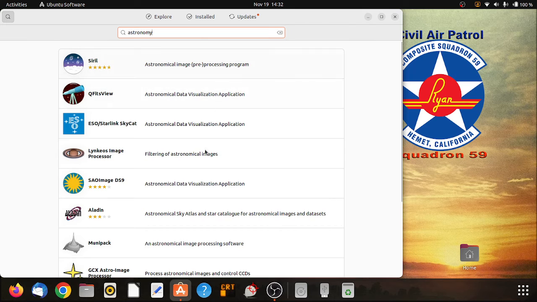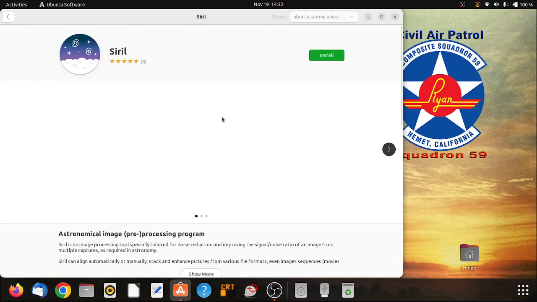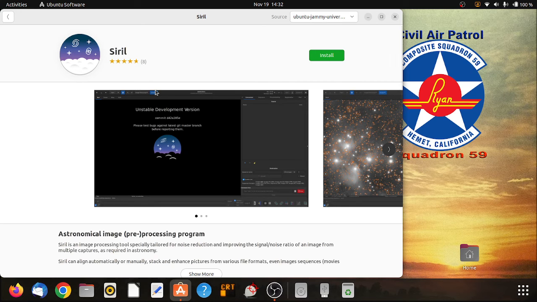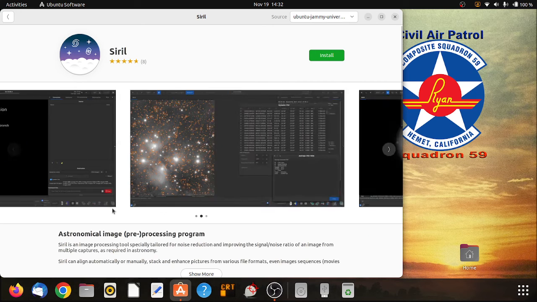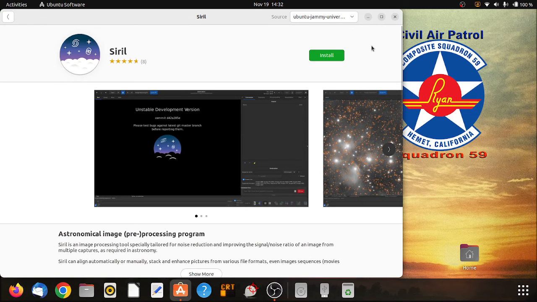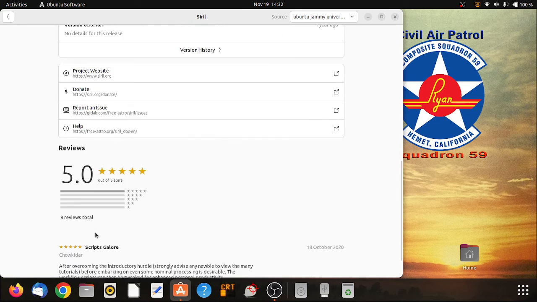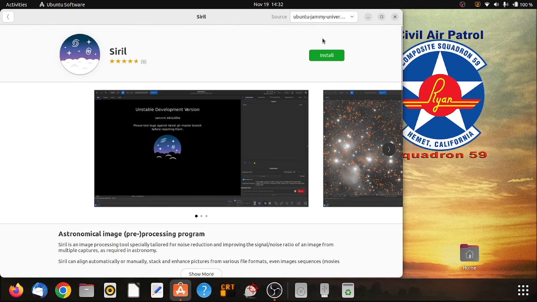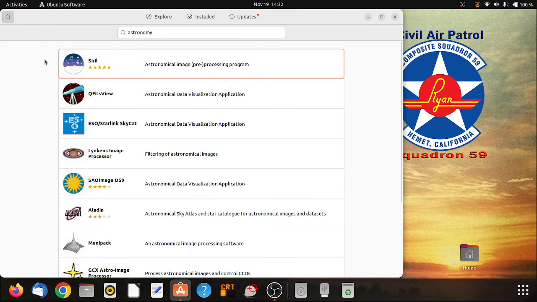And we've got a few there. We'll just pick this first one, and then you would click on whatever application you want. It's going to look a lot like any other software store, basically. It's going to have a description, some reviews, preview stuff, and then you would just click install, and it would install. And there you go. And then from then on, you can find it in activities or pin it to favorites at the bottom,